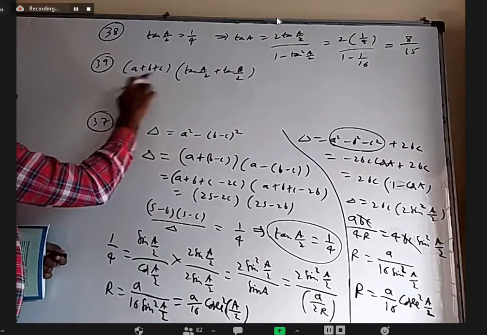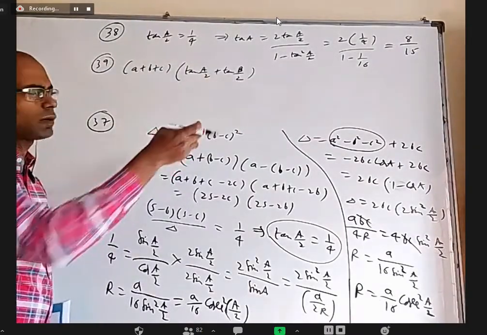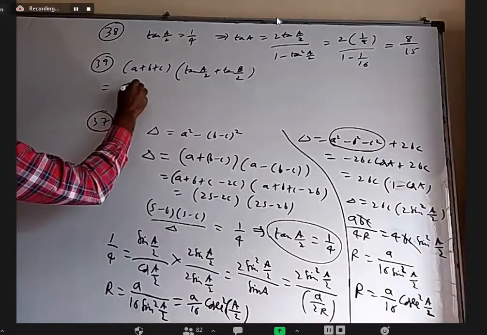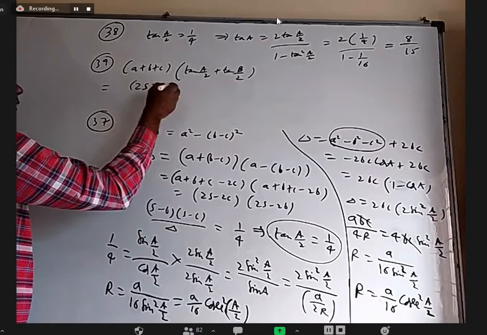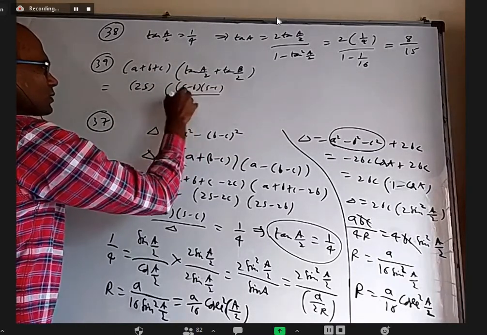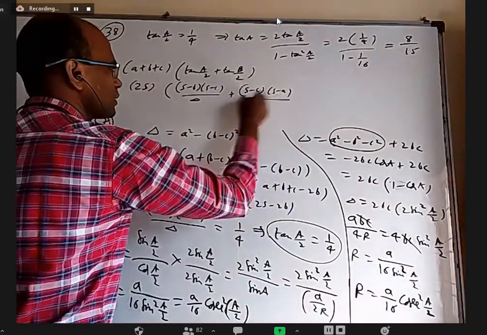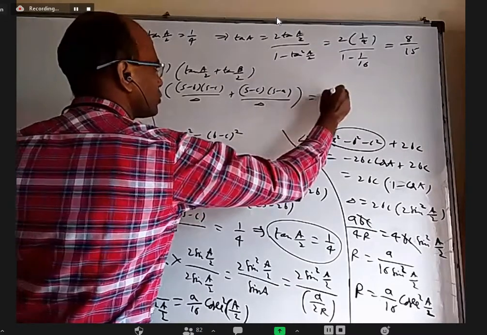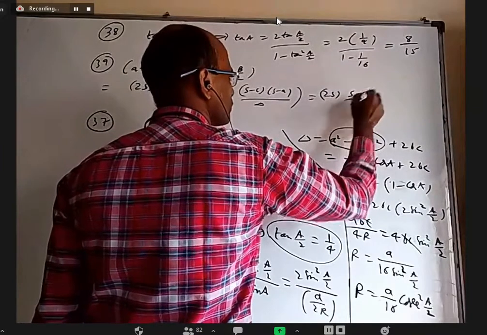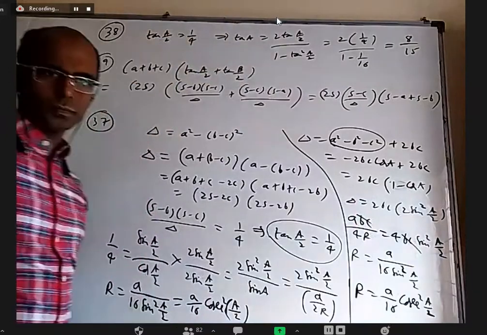Okay, 39. Yesterday when you discussed half angle formulas, I said whenever you want to add, better to use that formula where denominator is delta, so it is easy to add. So this is 2s, double of semi perimeter or perimeter itself. Tan A by 2 is s minus b into s minus c by delta. This is s minus c into s minus a by delta. 2s into, I can take s minus c by delta common. I will get s minus a plus s minus b.